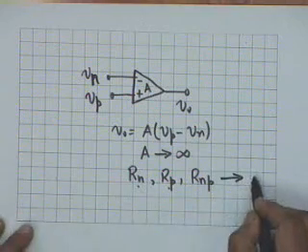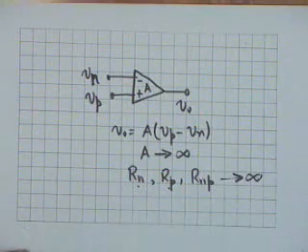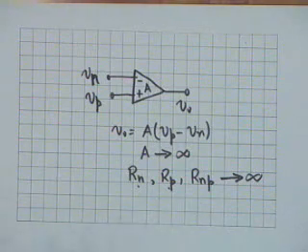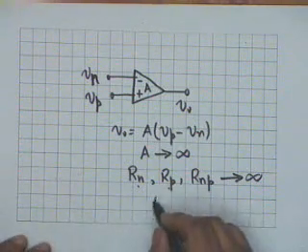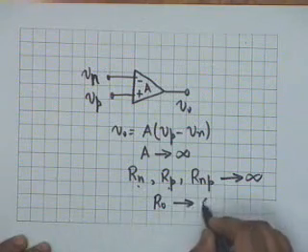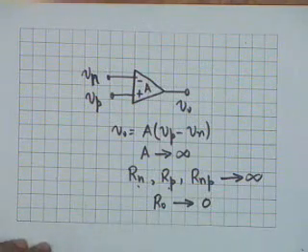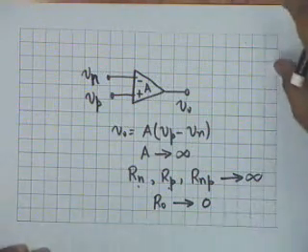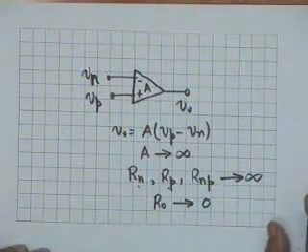All of them tend to infinity. Input resistance is infinite, so that the op-amps do not take any current at their input, and the output resistance tends to 0. This is the situation for an ideal op-amp,